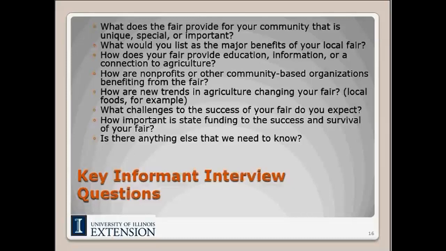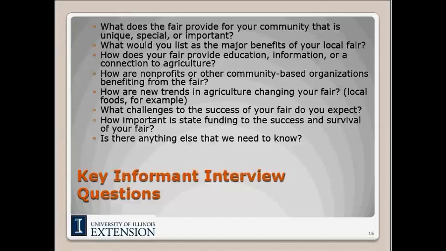And as you can see, these questions are pretty specific, pretty generalized as far as, what do you think the benefit this fair has on your community and other things like that. And the role with the key informant interview, how that will most likely work depending on who is attending your fair out of the project team. Most of them will be done by myself and several youth, I hope, if they're not too tied up doing other survey things. And so what we'll do is I'm in the process of setting up these interview times, and we will talk with these individuals, and I'll ask them these questions,